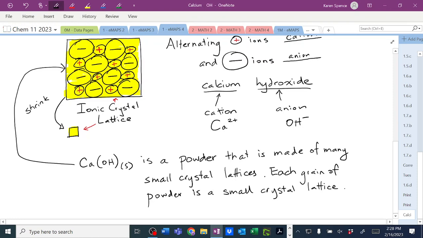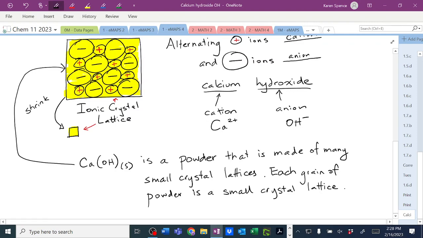So you can imagine that dusty kind of stuff we had yesterday. Each of those little white particles of dust is one of those little yellow squares, and each of those little yellow squares contains positive, negative, alternating like that. Atoms are really small. There's probably hundreds of ions within each of those little dust particles, maybe thousands, maybe millions, I don't know. Particles like atoms and ions are really, I could go on, tiny.